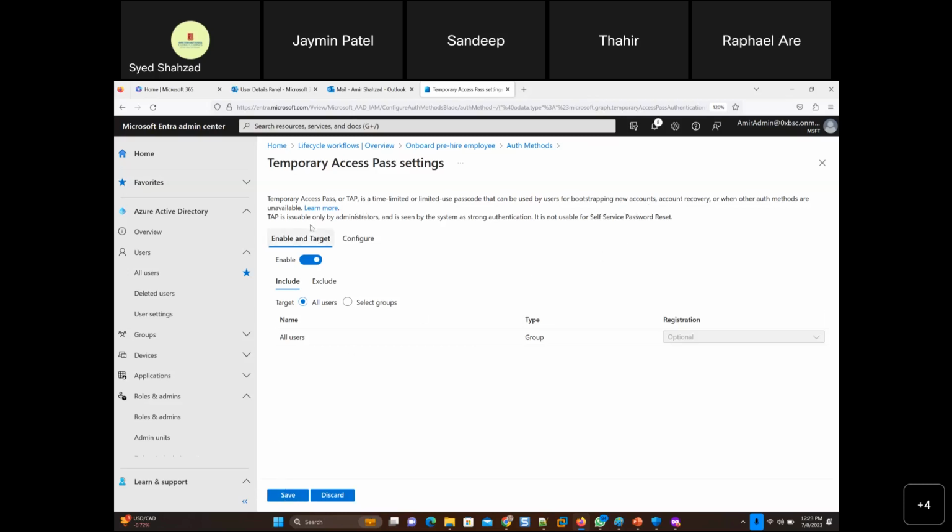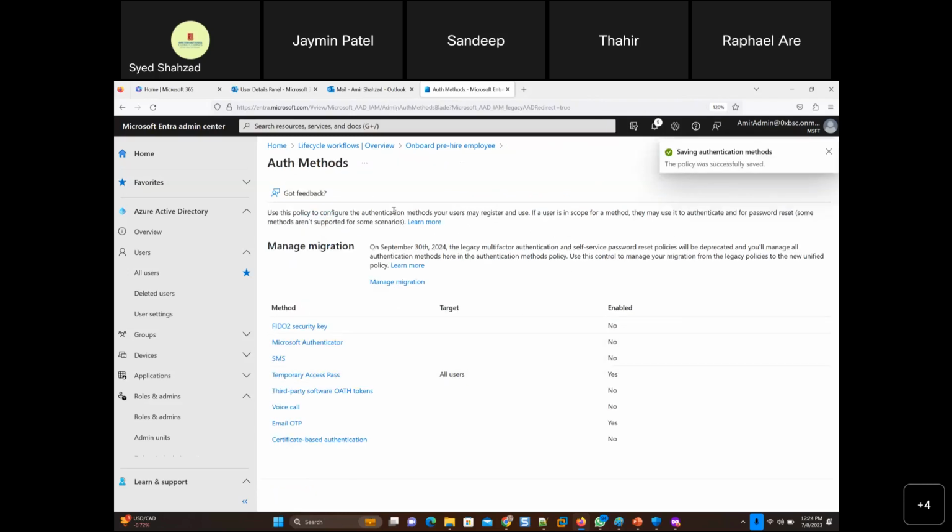TAP is issuable only by administrators and is seen by the system as strong authentication. It is not usable for self-service password reset. So this is access for a new hire's user account, for someone who hasn't even been in the company yet. He or she hasn't arrived yet, maybe someone is hired and you're creating an account for that person. So you should have some kind of access and pre-populate some of the settings there, right? So that's what it is.